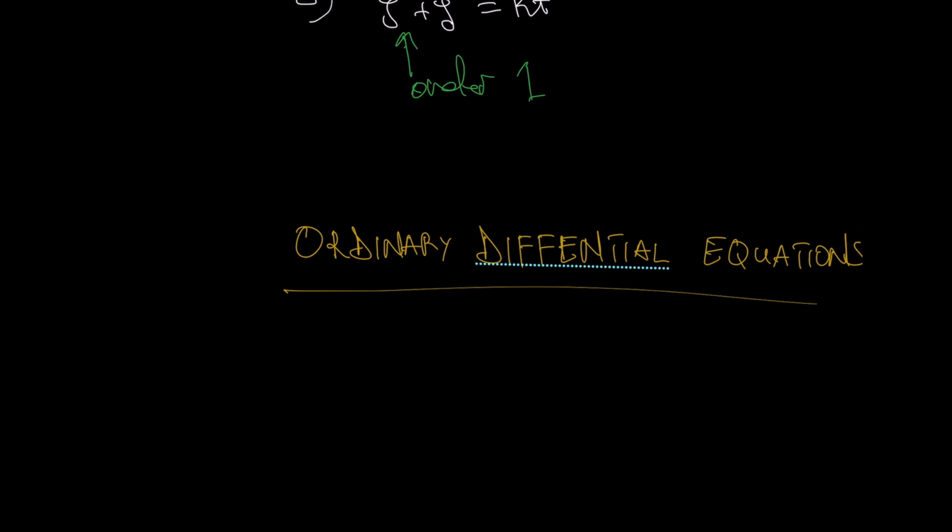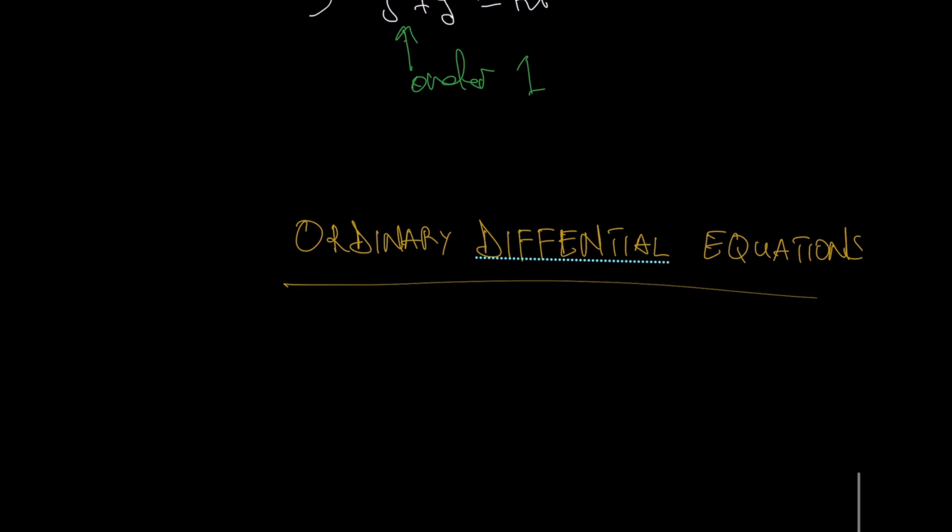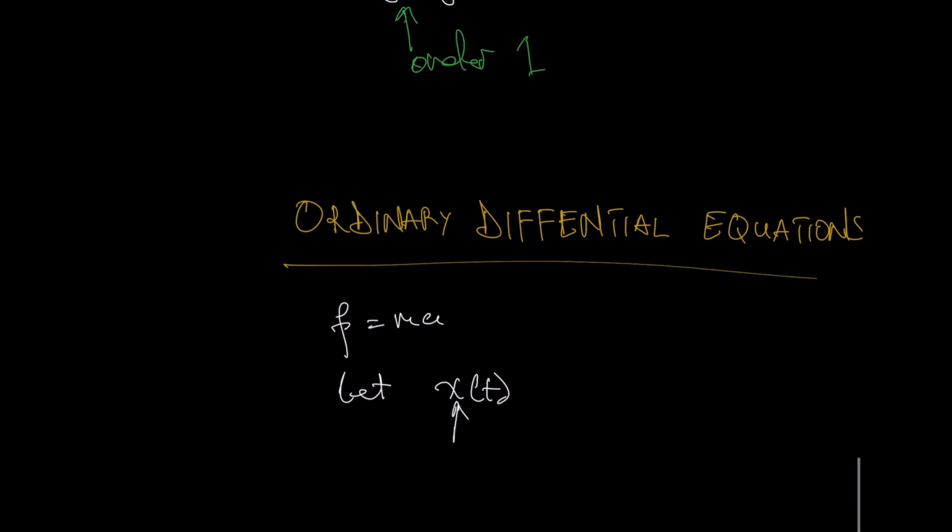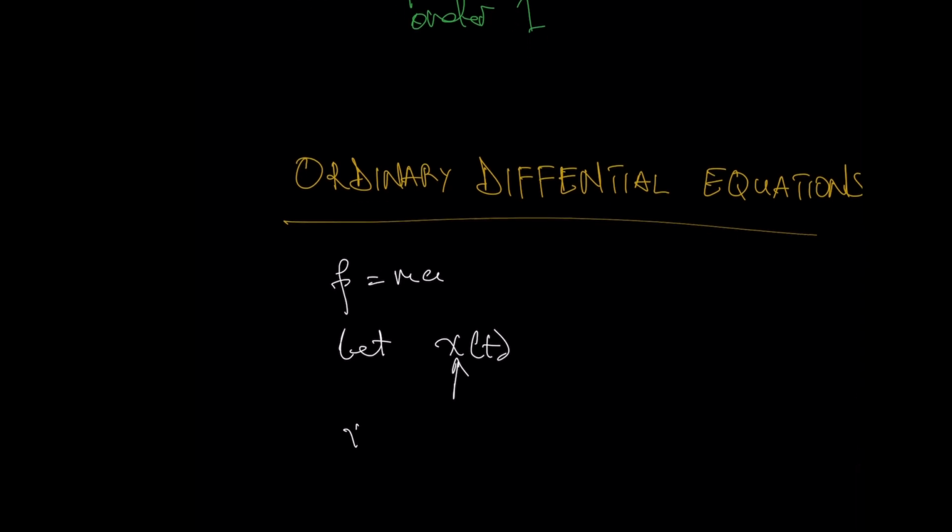We can look at a real world example that you could be used to. Let's say Newton's formula for force. We know that force is equal to mass times acceleration. And let's say x(t) is the distance covered by an object over a time period. So x is a function of distance, that's why I put x with t in brackets. So x is the distance covered by an object over a period of time, then the velocity,